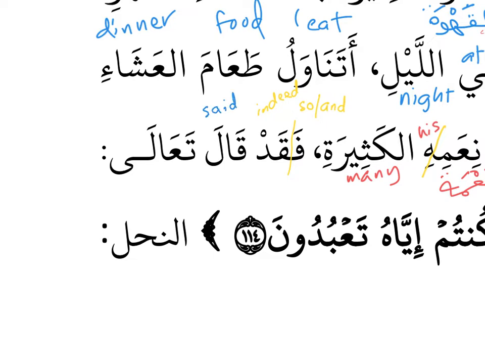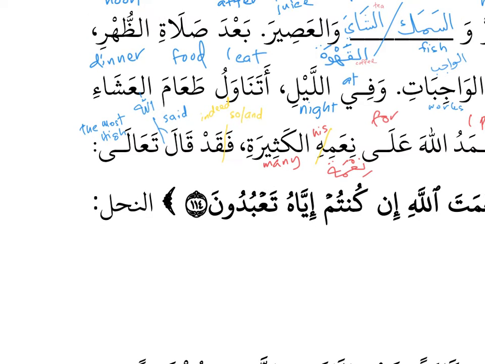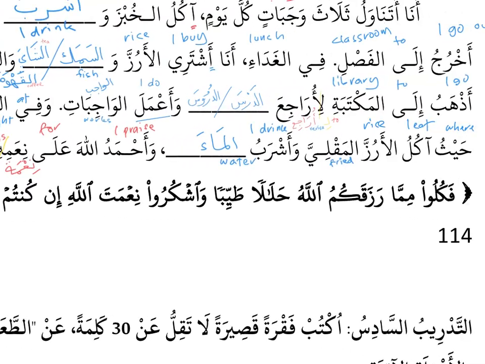Who said? When the sentence is qala ta'ala, this is referring to qala Allahu ta'ala. Ta'ala, the Most High. Sometimes they skip the word Allah. Sometimes they just say wa qala ta'ala. We understand that this is referring to Allah, because no one is ta'ala, no one is the Most High except Allah. So you can say qala Allahu ta'ala, or you can just say wa qala ta'ala. So it means the same. وَقَالَ تَعَالَى فَقَدْ قَالَ تَعَالَى. Indeed, Allah has said, okay, what does Allah say in the Quran?